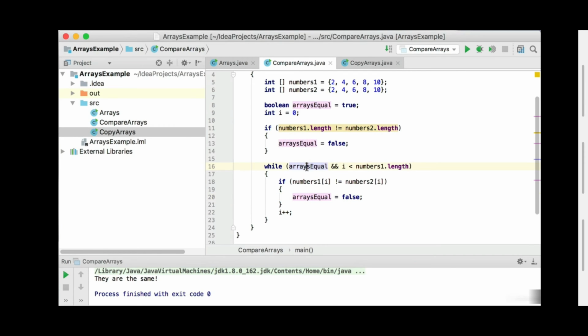So this while loop enters while arrays equal is still true, and it runs through every element. It's going to start at 0 and compare numbers1 at position 0 with numbers2 at position 0. If the 2 is not the same as the 2, we'll set arrays equal to false. Then the loop runs again. If the 4 is not equal to the 4, we will set it to false. If the 6 is not equal to the 6, and 8 and 8, and 10 and 10, we're going to compare them the whole time. And if just one of these values is not the same, we set arrays equal to false,